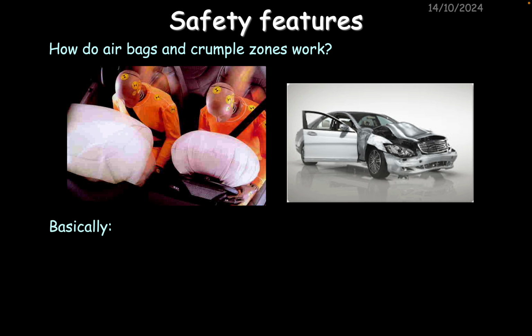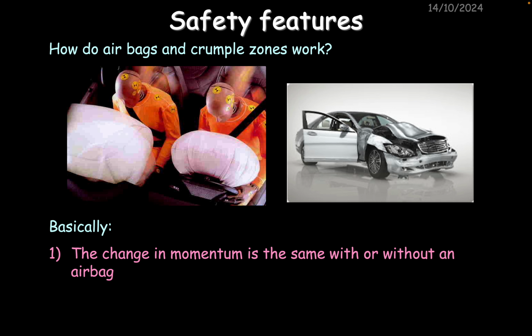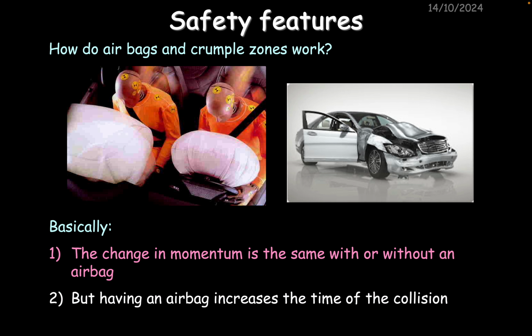to make it crumple. So basically, in simple terms, the change in momentum is the same with or without an airbag, yeah, and with or without a crumple zone, yeah. But having an airbag increases the time the collision takes to slow you down, and by doing that, it reduces the force in the equation that we did on the earlier slide. Okay, so